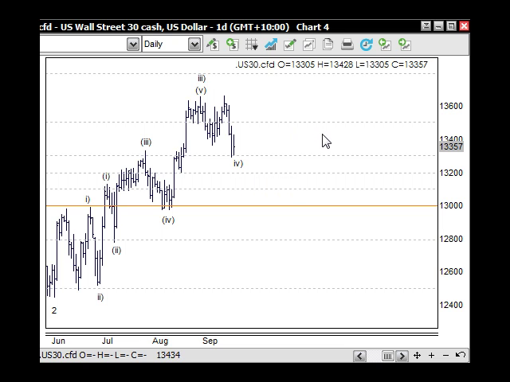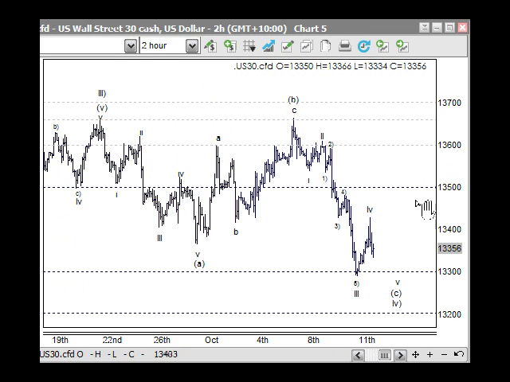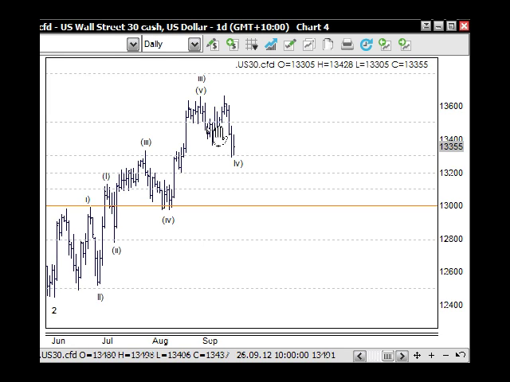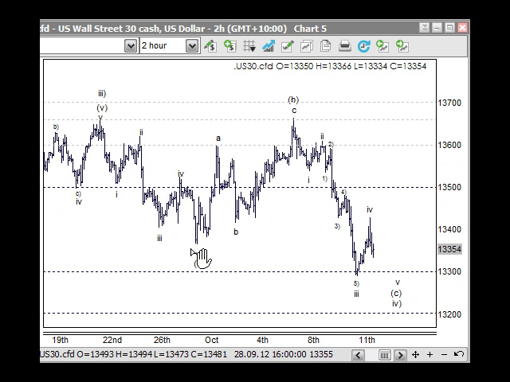So with that in mind, just drilling into that particular 3-wave correction, this A, B and C that started on the equinox on the 21st is this particular correction here, this A, B wave and the C wave in 5 waves. Now, in 5 waves, we were looking yesterday at this being wave 1 to here, wave 2 to here, and then 1, 2, 3, 4 and 5 for wave 3 here,